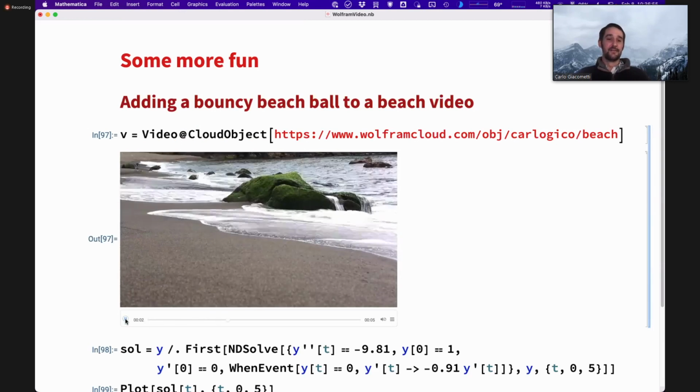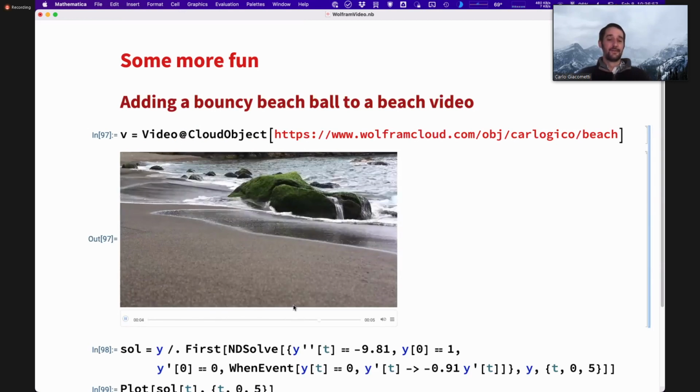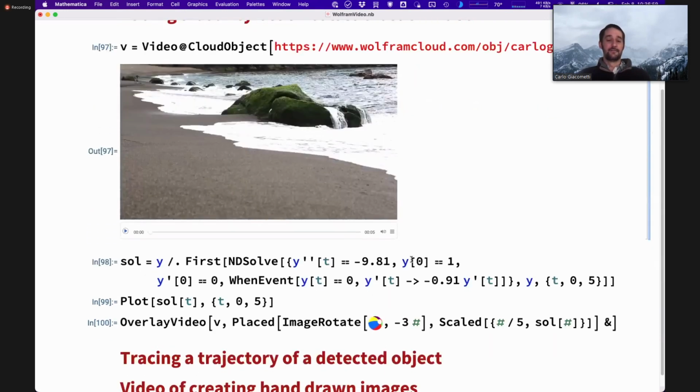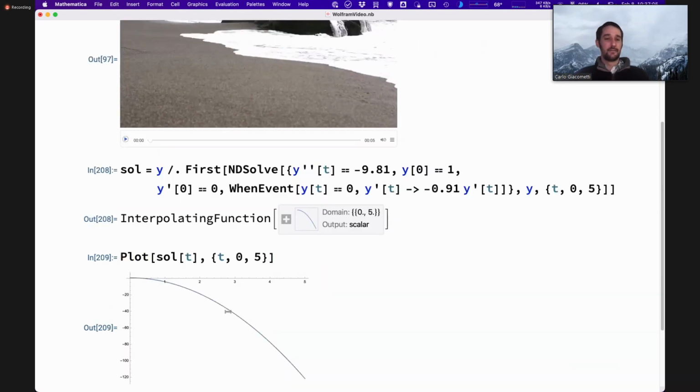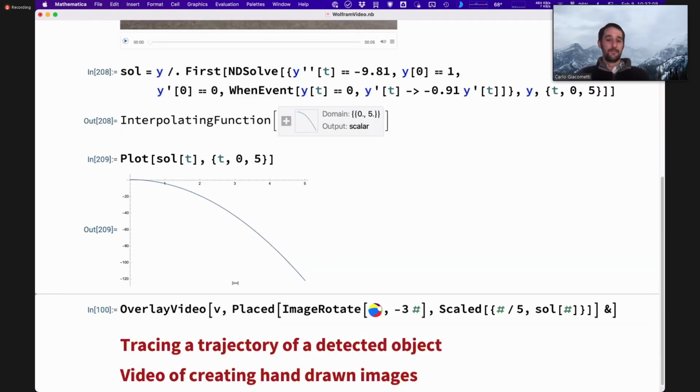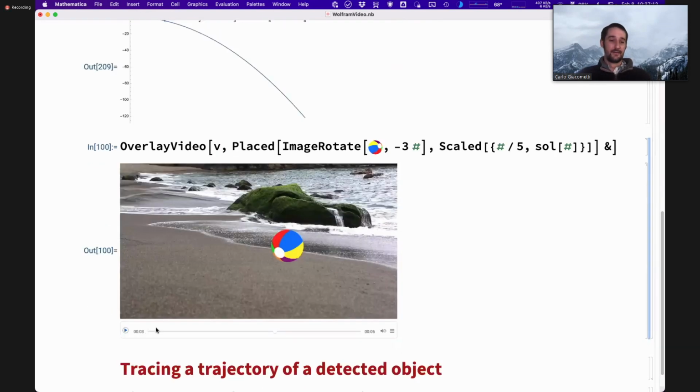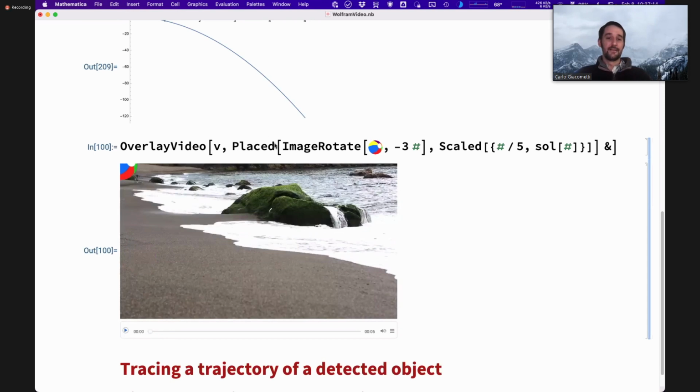This is just a video of some waves on the beach, and I can solve the differential equation for a bouncing ball as a function of time. And then I can just overlay video of the beach video, and then